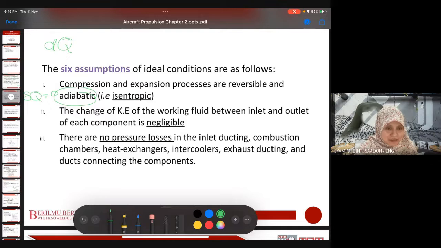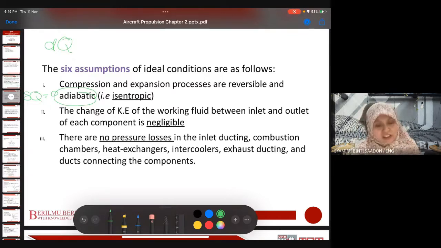So you must have these two criteria, not only one. If only one, for example only reversible, then it may not be isentropic. So this is the first assumption, for the compression and expansion processes, in the compressor and in the turbine. Next, the second one, we assume that the change of KE, kinetic energy,